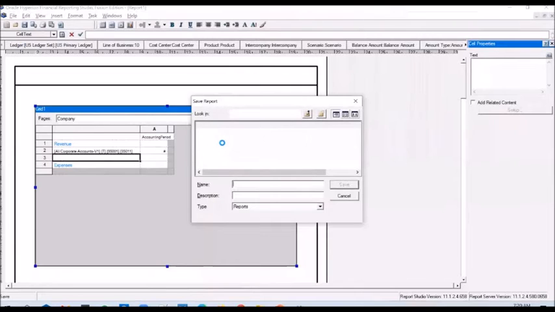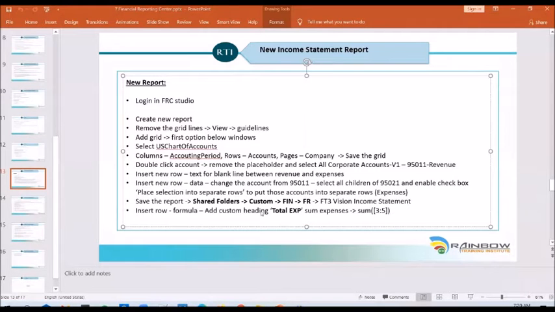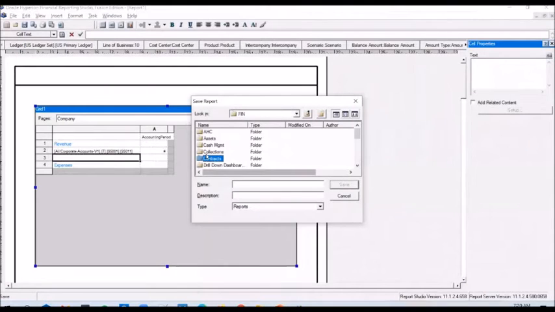Custom, and FR, FR stands for financial reports, and you can save your report here. You can say TF15 income statement report.